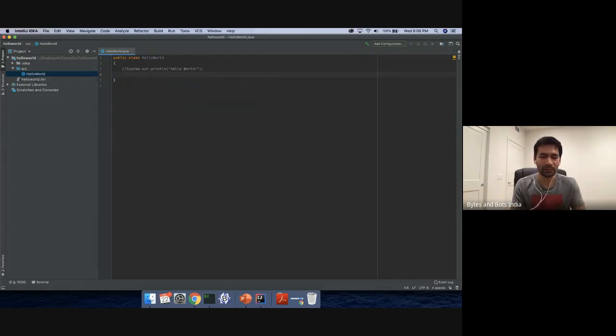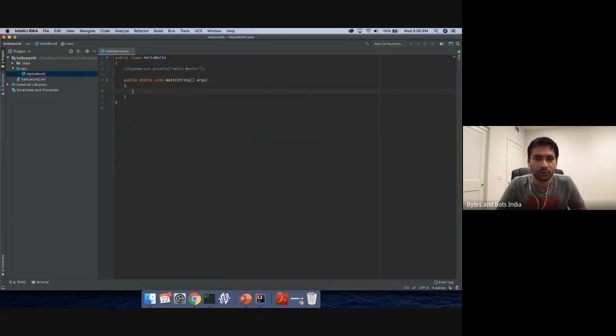Just follow what I'm writing: public static void main, String. So what we're doing here is we are saying in Java the starting point is main, a main function or main method.